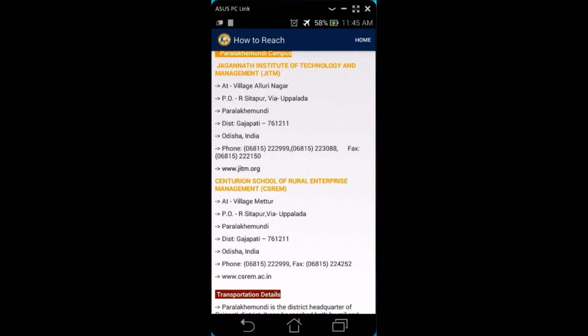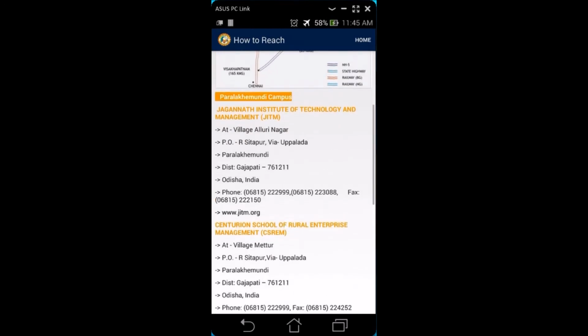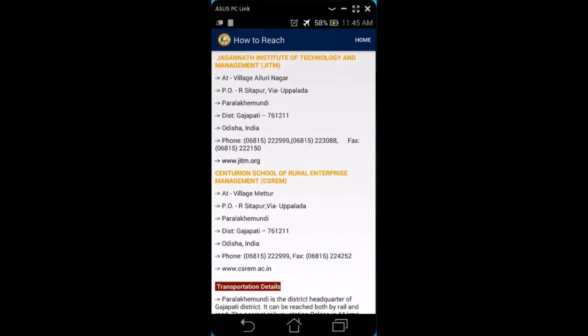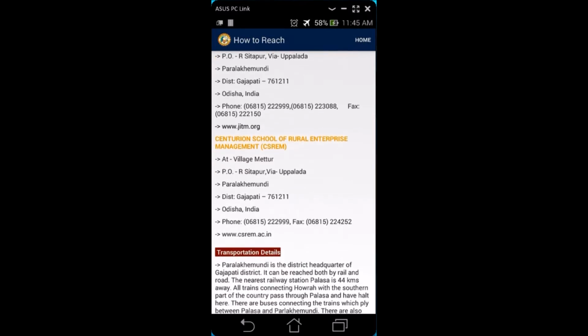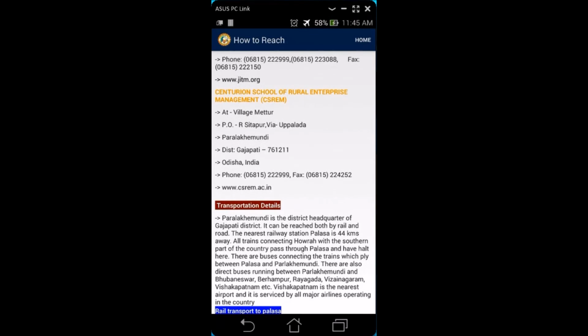Then it also contains the address of Centurion University and the MBA block. Another feature is that on pressing the screen for a longer time, it can select the text, so the user can directly copy and paste it into the browser while filling in the address of the college.